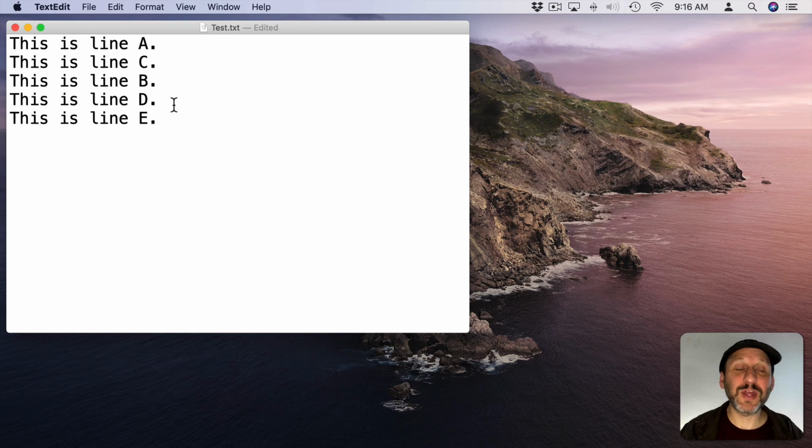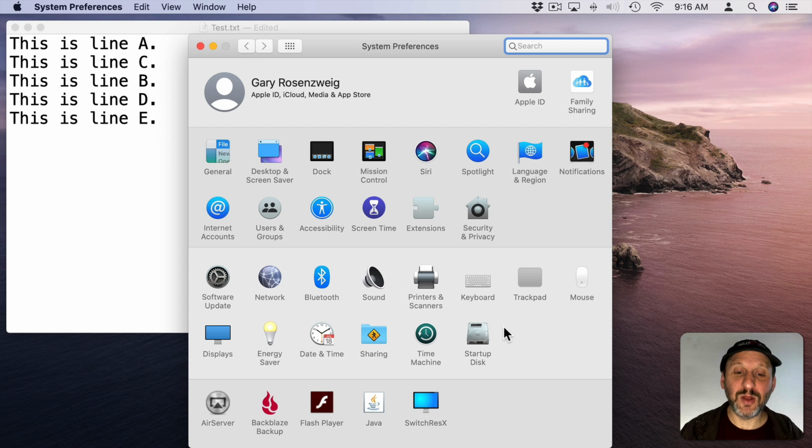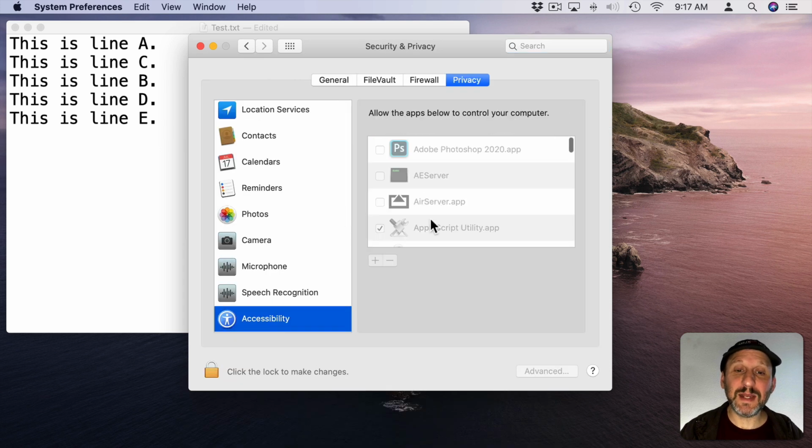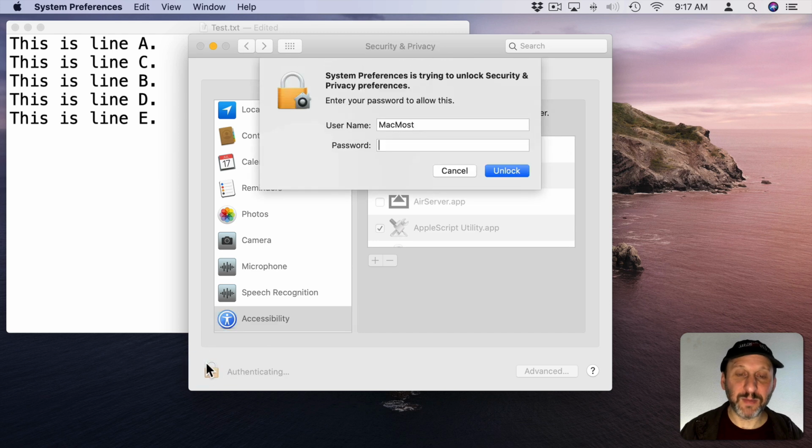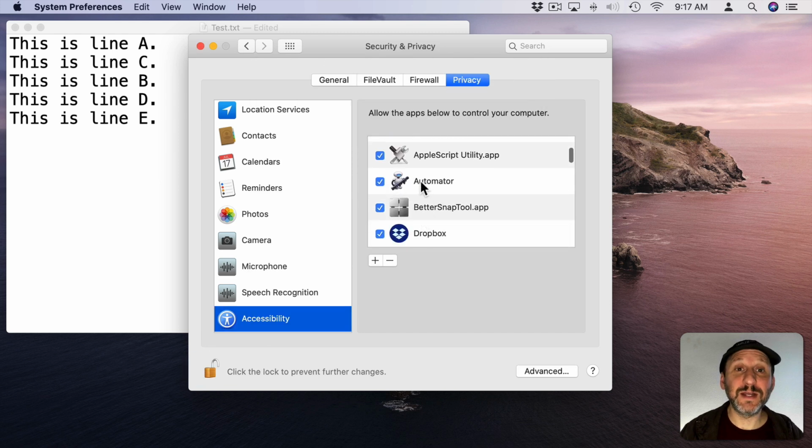And if you get an alert there asking for permissions, what you need to do is go to System Preferences and then go to Security and Privacy. Then go to Accessibility, Unlock here at the bottom, and make sure Automator is in here and checked. It may differ for you. One time I had it at Automator. Another time I tried it I actually had to add the script to this menu by dragging and dropping it in. So follow the instructions in the alert carefully to enable this script to run as a quick action.